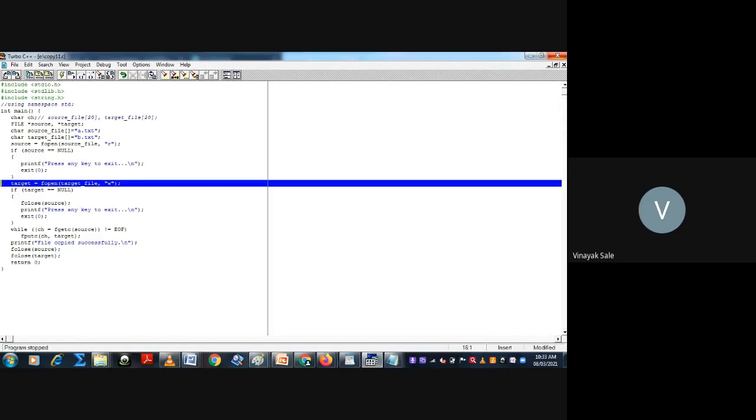It will check whether the target file is null or not null. If it is null then close the source and press any key to exit. If it is not null then go to the while loop.